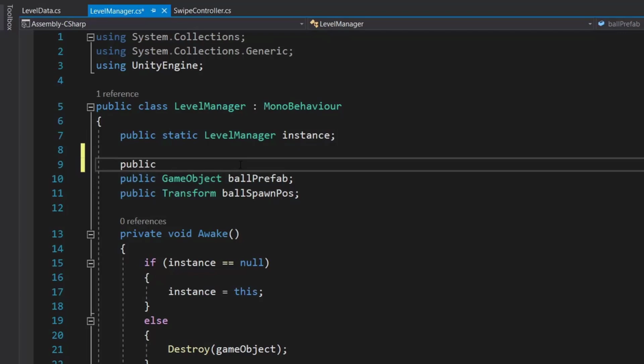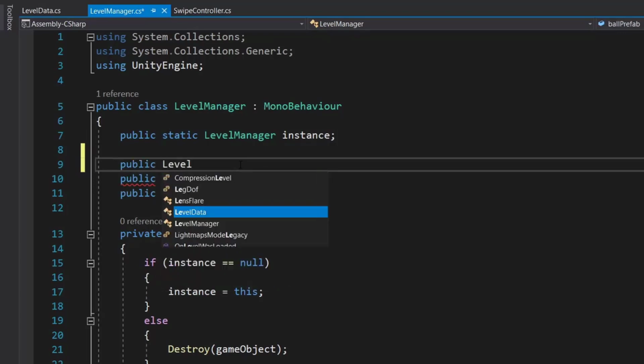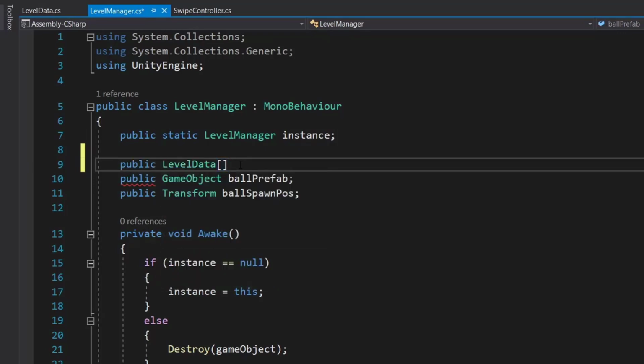So we will create a public array of LevelData. Here we are using an array because we have multiple levels, and we know how many levels we are going to have at the start of our game. So that's why we are using an array and we are not using a list, because we don't need that.